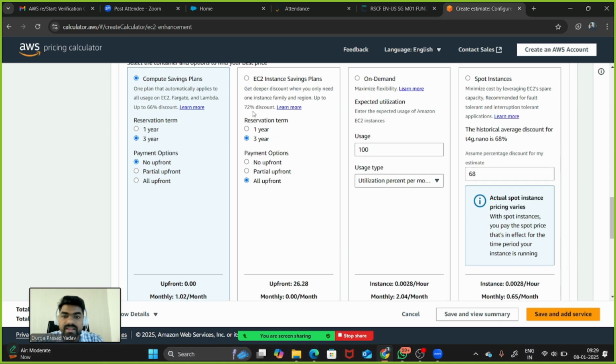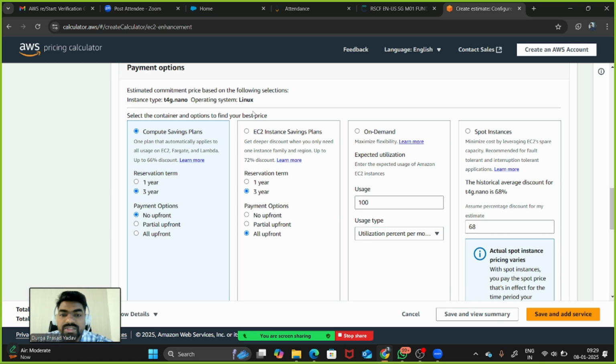In your Savings Plan, so these all are the purchasing options, guys. And before using any resource, what we can do is go to the estimate, where you will create the estimate from the AWS pricing calculator. And in the same